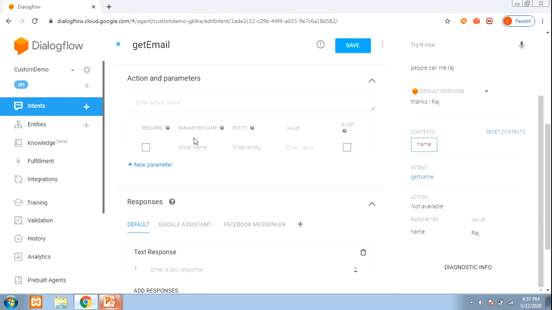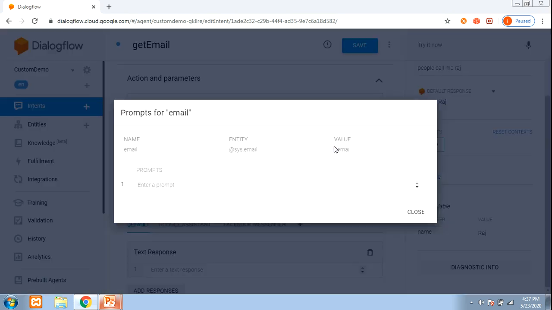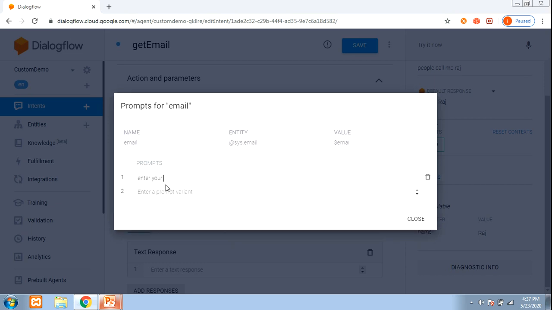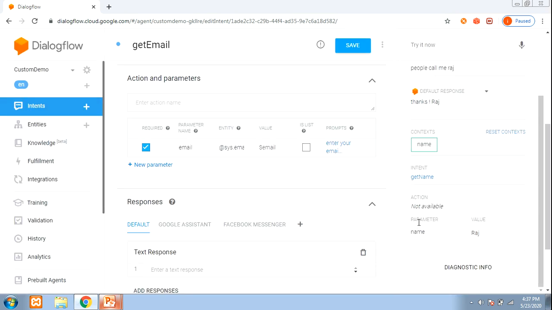Second thing, action and parameters. Type your parameter name like email. We are going to use system entity sys.email, and my value is $email. It's simple. Required, click on the checkbox and click on the default prompts.